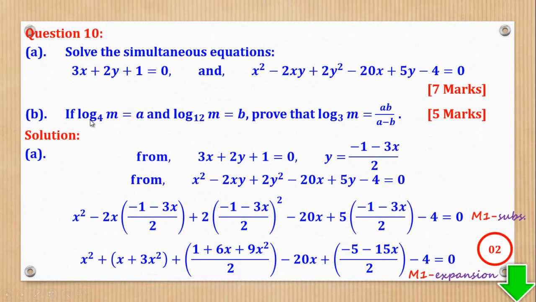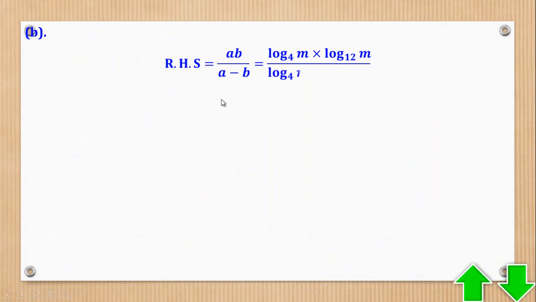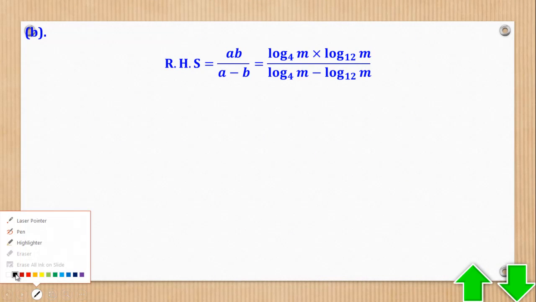Part B says if log base 4 of m is equal to a and log base 12 of m is equal to b, prove that log base 3 of m is equal to ab over a minus b. So there are two approaches. One is to start from the right hand side. When I start from the right hand side, I'll substitute for a,